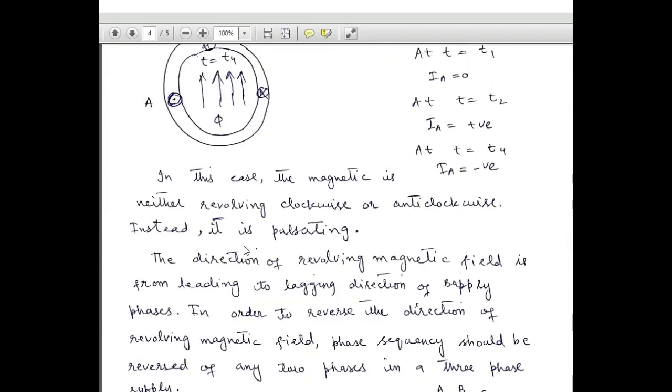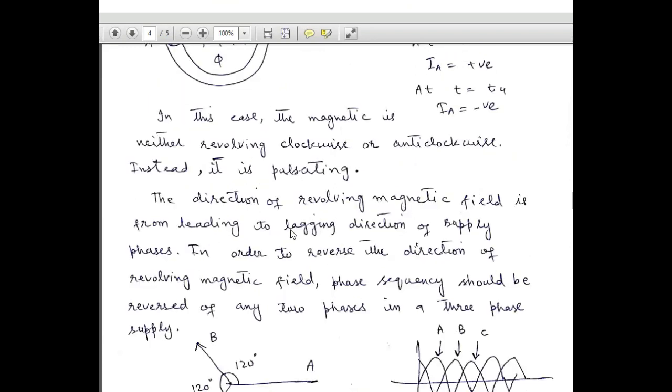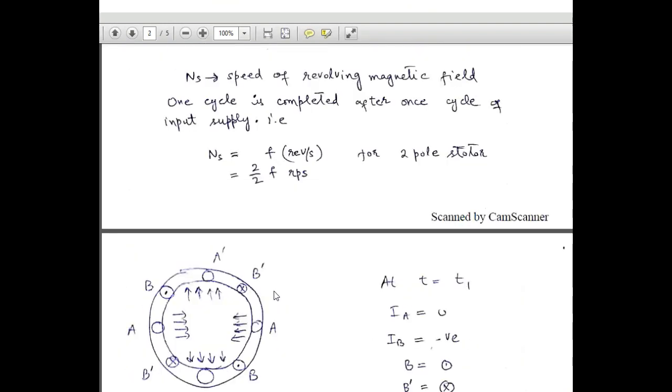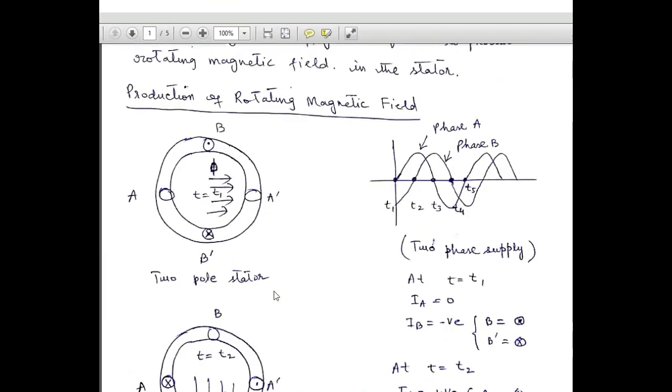So in order to produce revolving magnetic field, either we must have a two-phase supply or a three-phase supply, but a single-phase supply cannot be used. And the direction of revolving magnetic field is always from leading to the lagging direction of supply phases. In order to reverse the direction of revolving magnetic field, phase sequence should be reversed of any two phases in a three-phase system. So if we remember, in this case, the phase A is leading and phase B is lagging